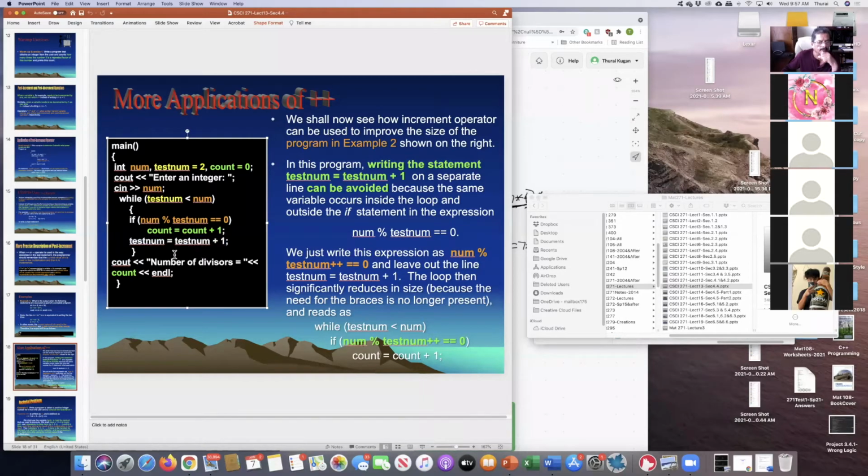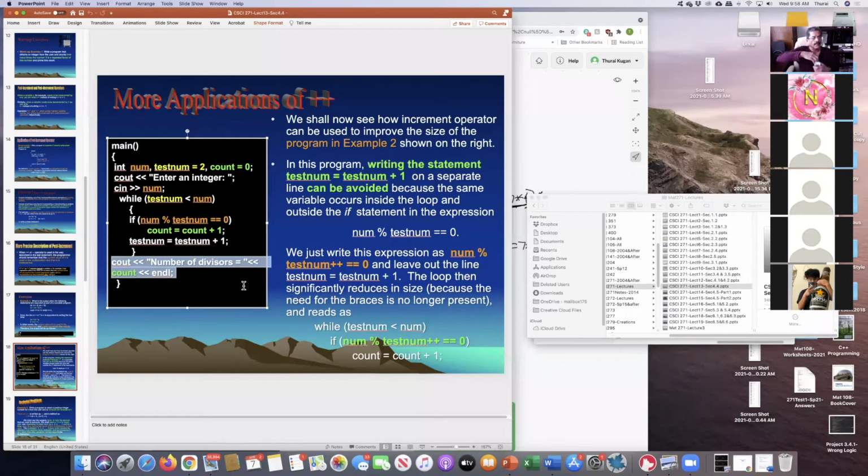Okay, so test number increases, and with the new test number, I have to check this. Test number less than num is true. And if it is still under num, then I have to test to see if it is a divisor. If it is a divisor, then the counter goes up, and the test number will go up regardless of whether the last number was a divisor or not. So that's how it goes. And so when this loop finishes, test num less than num is not true. In other words, we have tested all the numbers smaller than num, and so the counter has the count of all the divisors smaller than num. So we print that, and that's our